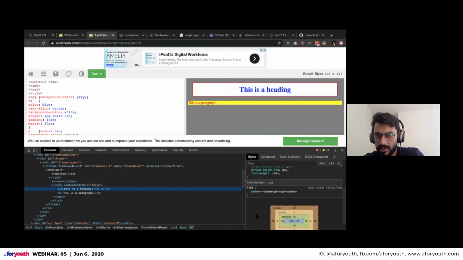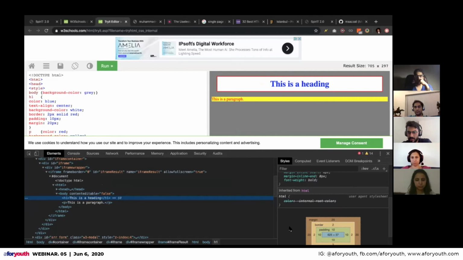Then you have padding, which is the space between the border and your content. Then you have the border, which is a very thin line because it is only 2 pixels. We can do 10 pixels as well, which will be a very wide border. And then you have a margin, which is outside of the border.